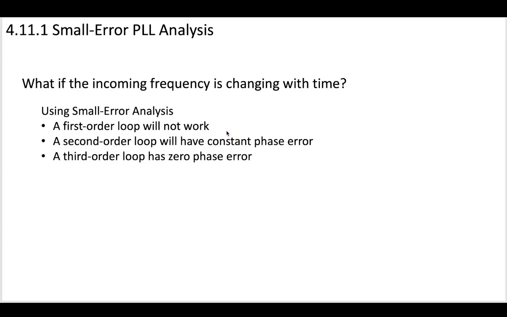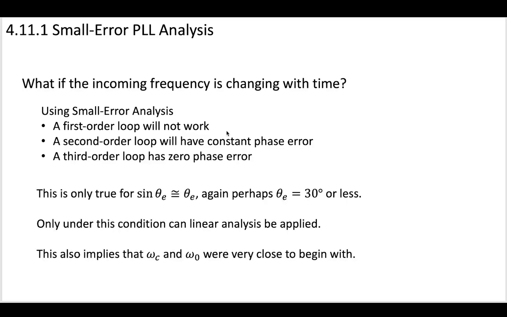Okay, so if you were to use small error analysis, a first order loop will not work. So if your incoming frequency is changing with time, a first order loop will not actually, you will never get the VCO frequency to match your input. The second order loop would have a constant phase error, and the third order loop would have a 0 phase error. So again, this would only be true for small amounts of error. So this would basically only be true when this minus this is a pretty small number, leading to a small phase difference. Only under that condition can linear analysis be applied, and it also kind of implies that the